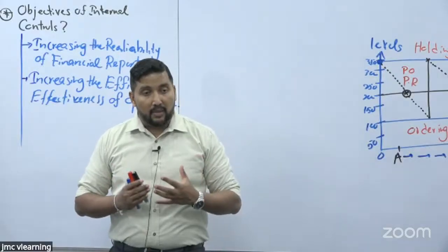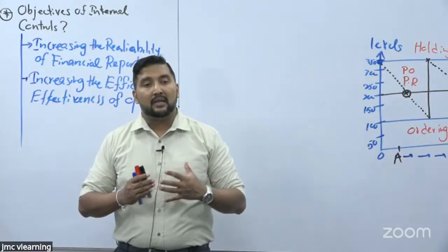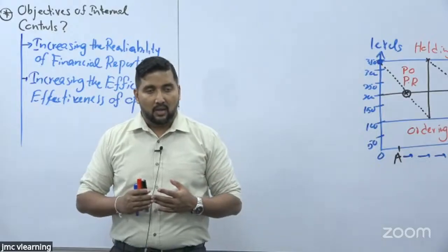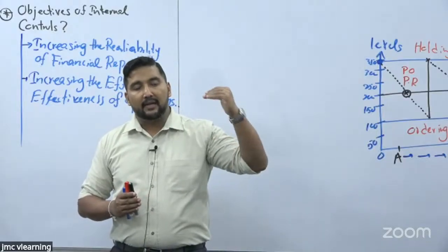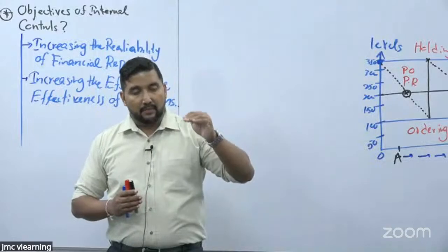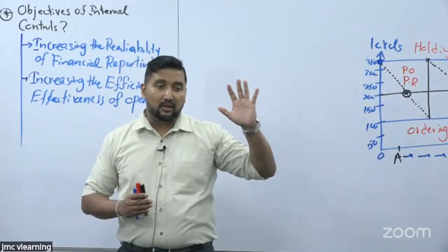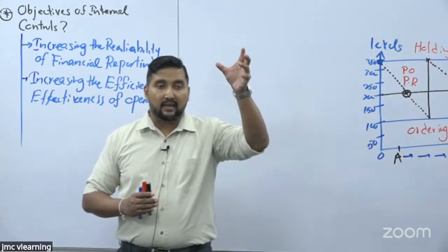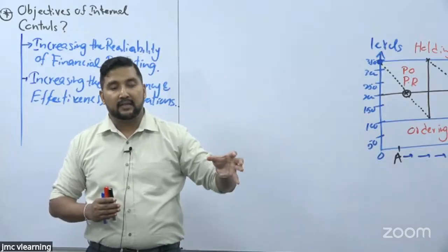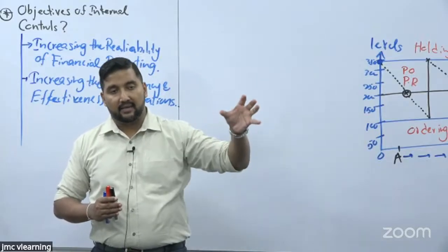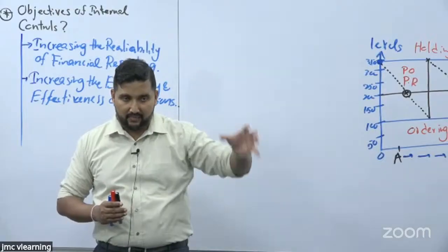When your debtors are not settling on time, you are basically facing working capital issues. In order to manage that, you need to implement a control. What is that control? You need to establish proper credit limits within your business organization. So you need to categorize your debtors into different categories: Category A, Category B, Category C and Category D. Likewise, you need to classify the debtors.